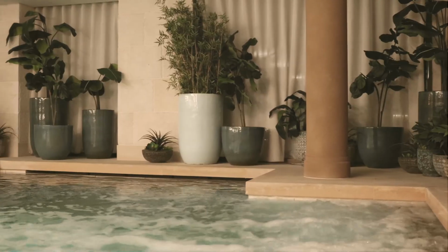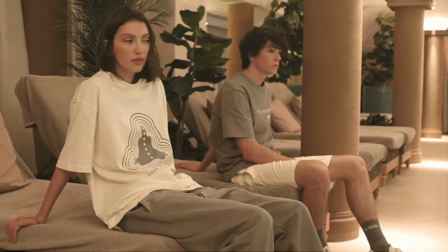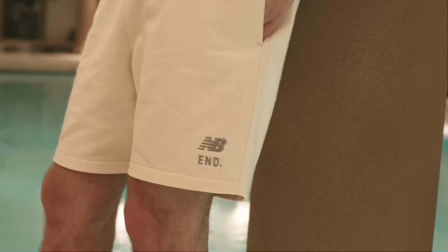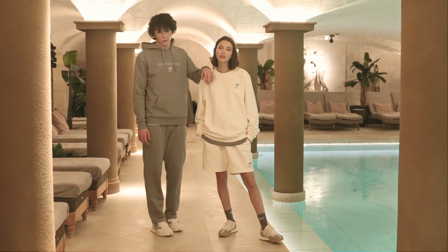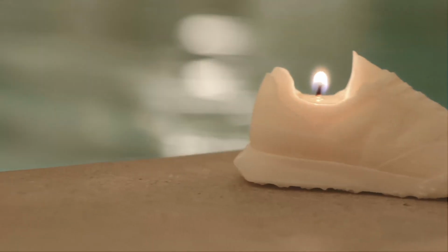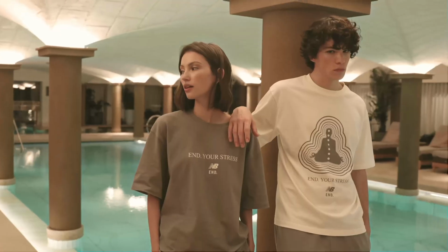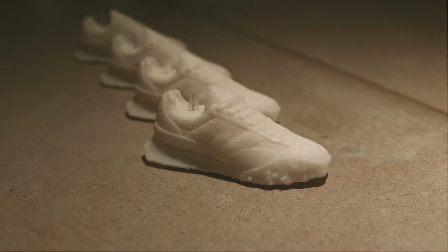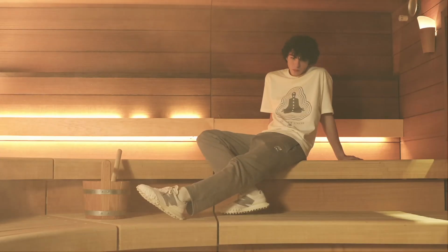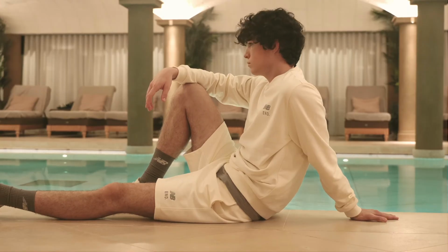This year, End teamed up with New Balance once again, with the duo using elevated materials and understated colorways to create a carefully considered Zen-inspired nine-piece capsule named Art of Nothing. A standout creation from the collection are these reinvented XC72s. Inspired by relaxation and tranquility, this new capsule embodies stylish leisurewear without sacrificing comfort or versatility. End lent its keen eye to the sportswear brand, and the duo put a spin on NB's favored and sought-after